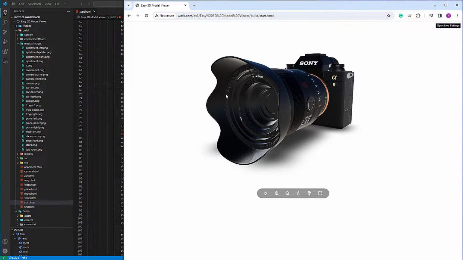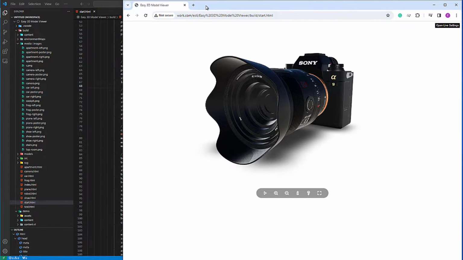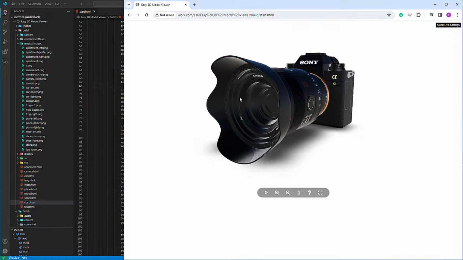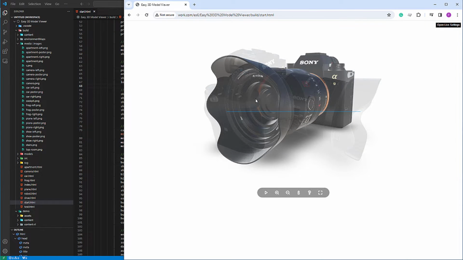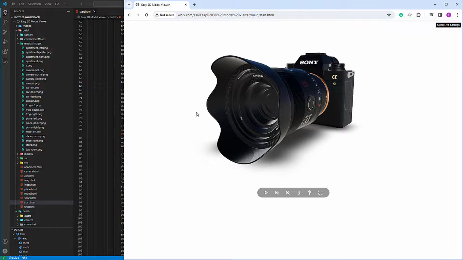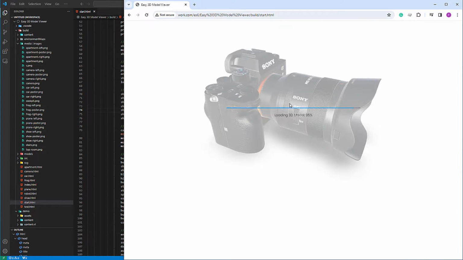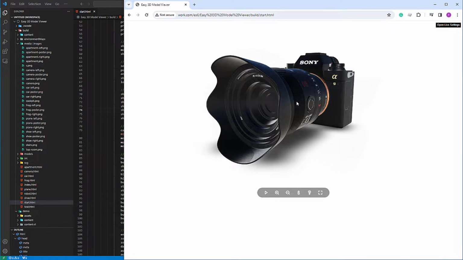Let's refresh this. Again, I already explained this in the documentation, but make sure that you are testing this on a server. In my case, I'm using a virtual server. You can use either a virtual one or directly on your server. If I refresh, you see the poster and then the model. Right now the poster doesn't look right. I mean, you can use the poster in any way you like. You can leave it like this, you can add anything you can think of. It doesn't have to be exactly this part, but if you want to have exactly this part as it is here,